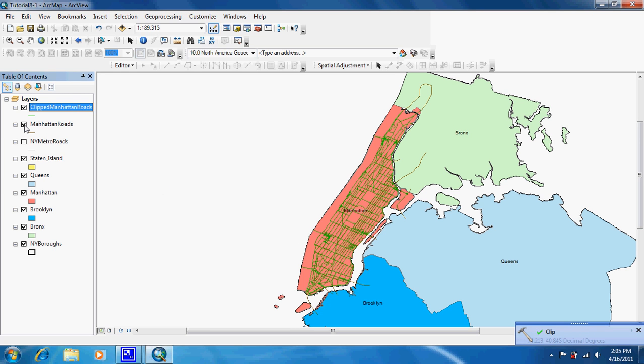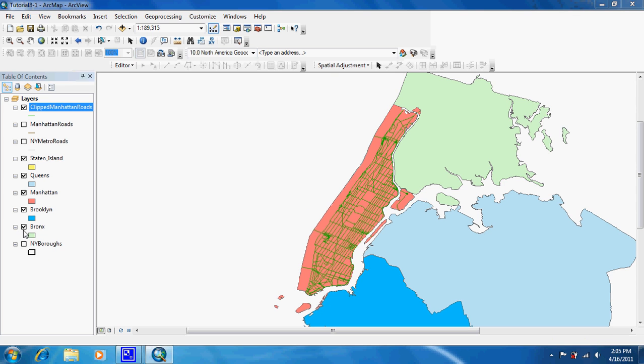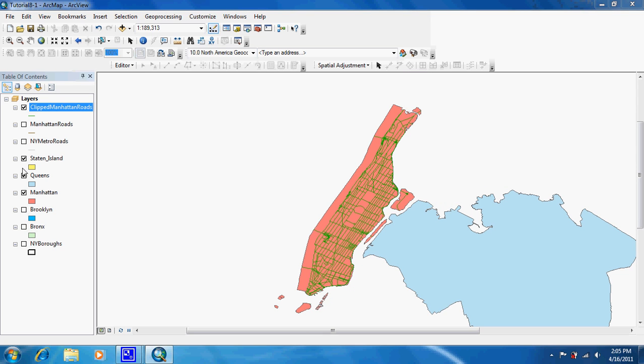Now I'm gonna turn Manhattan roads off, and then back on. As you can see how the lines disappear. So that is how you clip roads or features to other features, and it'll make it look much neater. Like if I had to turn off everything but Manhattan,